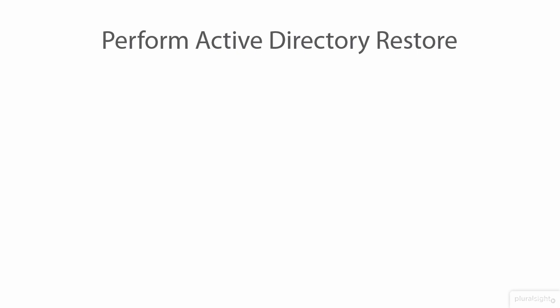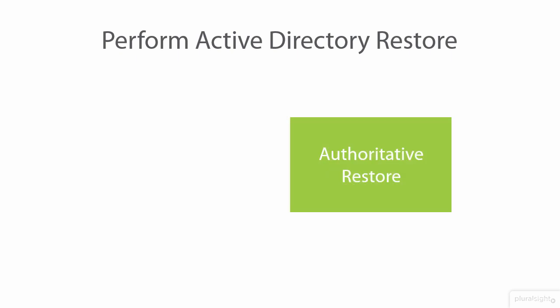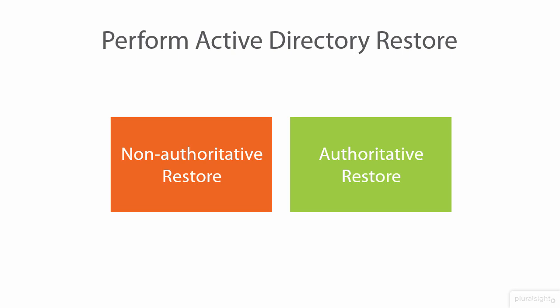The actual restoration process here with Active Directory can come in one of two very different flavors. There is on one side what is called the authoritative restore, and on the other we have the non-authoritative restore. These are used for different purposes. The non-authoritative restore is used generally in a situation where you have a failed Active Directory domain controller, where you want that DC to then receive via replication all the different bits of the Active Directory as part of its